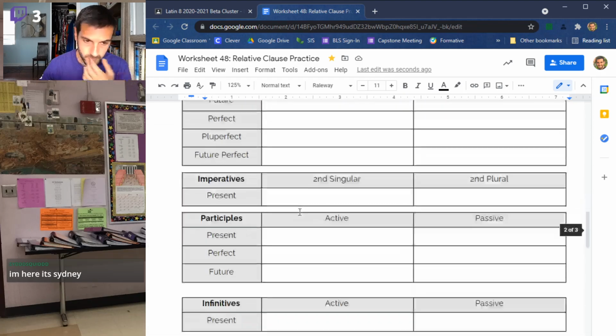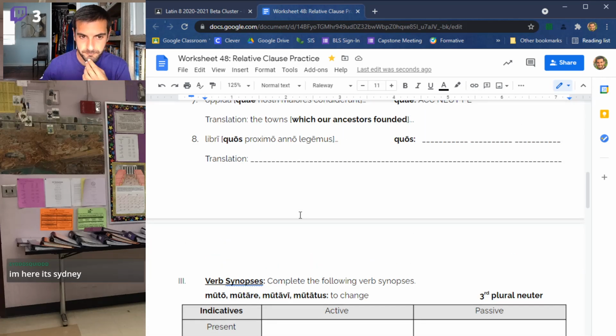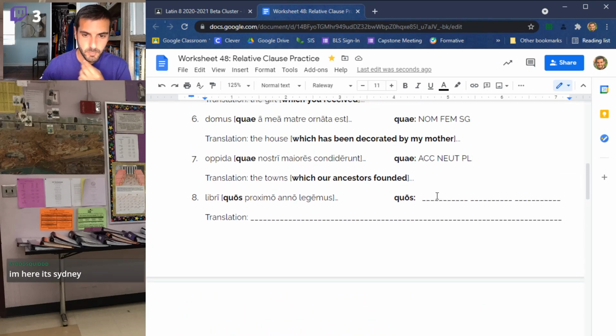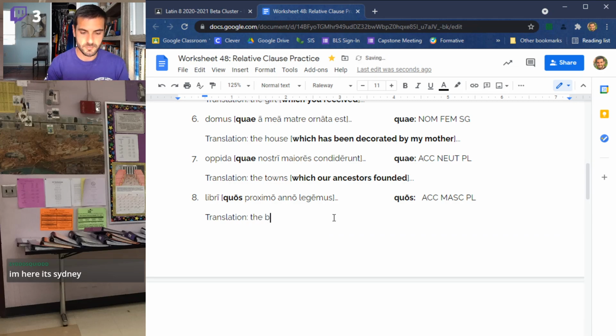And only one more, and then a couple verb synopses. Libri are books. Books are masculine and plural. So quos has to be masculine plural. It's clearly in the accusative case because of that ending. Right? Quos, accusative, masculine, and plural. Libri are books. So the books which,